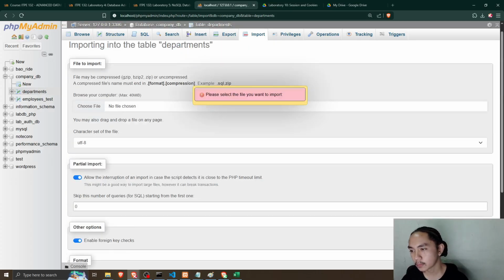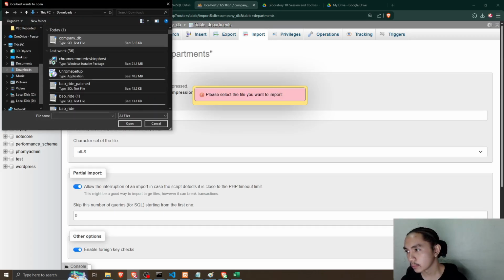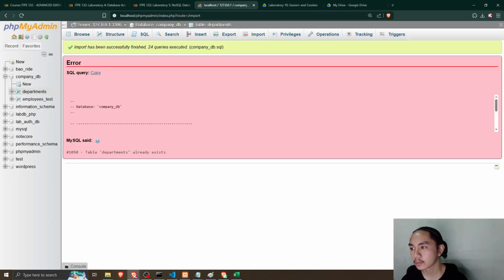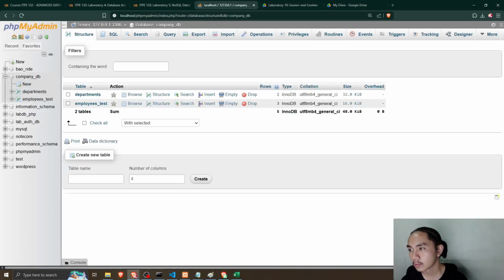So you just click import, choose from Downloads. Okay, so here we have our company DB .sql. Let's import this one. Successful, but our database has an error, so the duplicates are getting an error. So let's refresh and see.